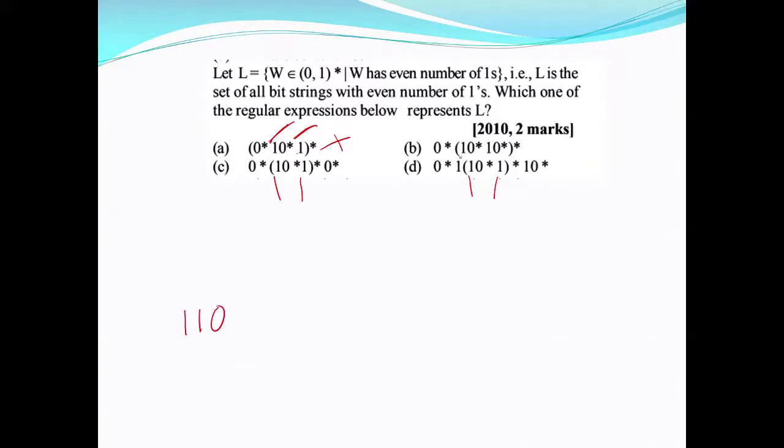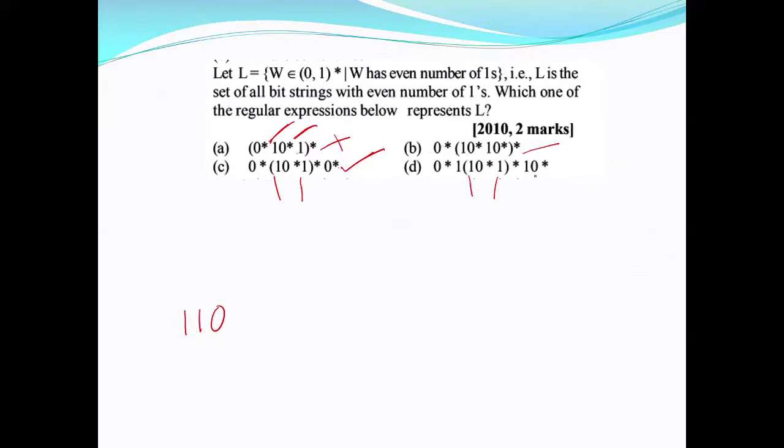If I go for this 1 1 0, I will get it, right? It starts with 0, it could start with 0, right? Or it could start with 1 1 and 4 ones. Okay, you get it. So this is right, and this is also right. You may get this also, right? And it can start with 0 and it can end with 0, and in between you can have any number of zeros. So 0 0 0, you can have anything, right? So this is the most appropriate thing.